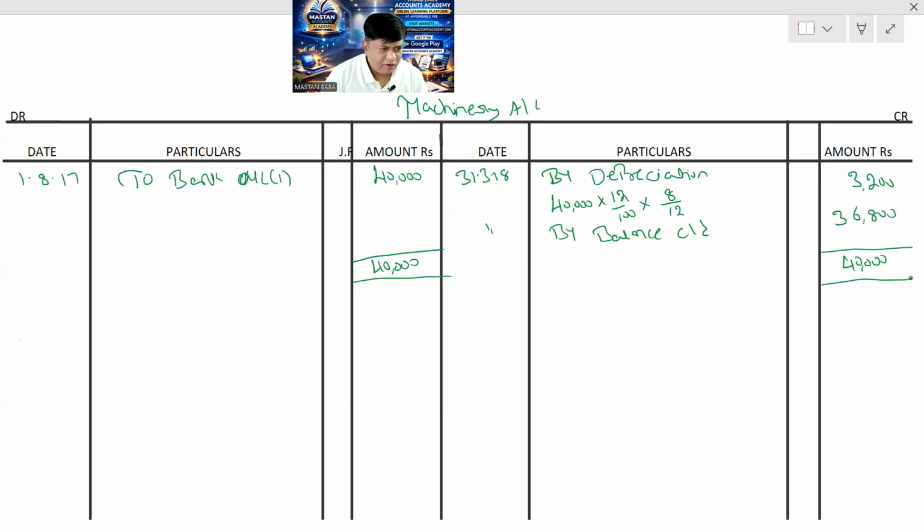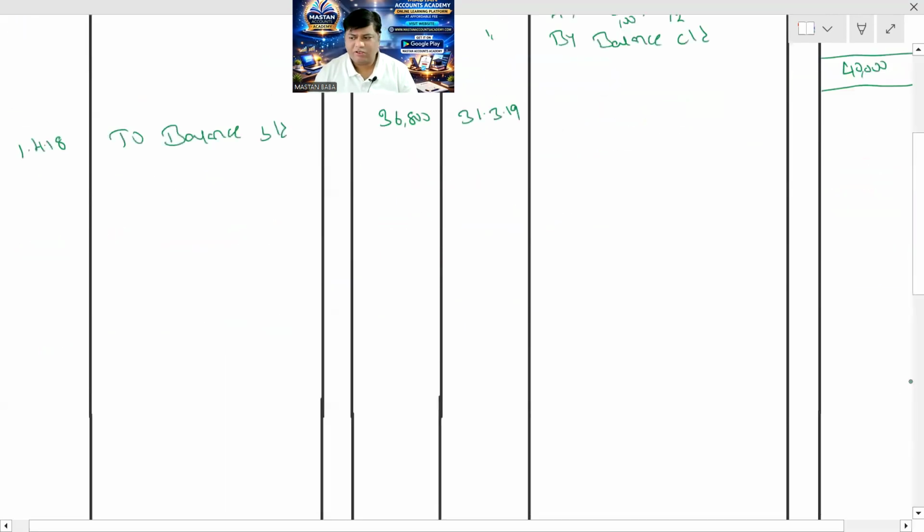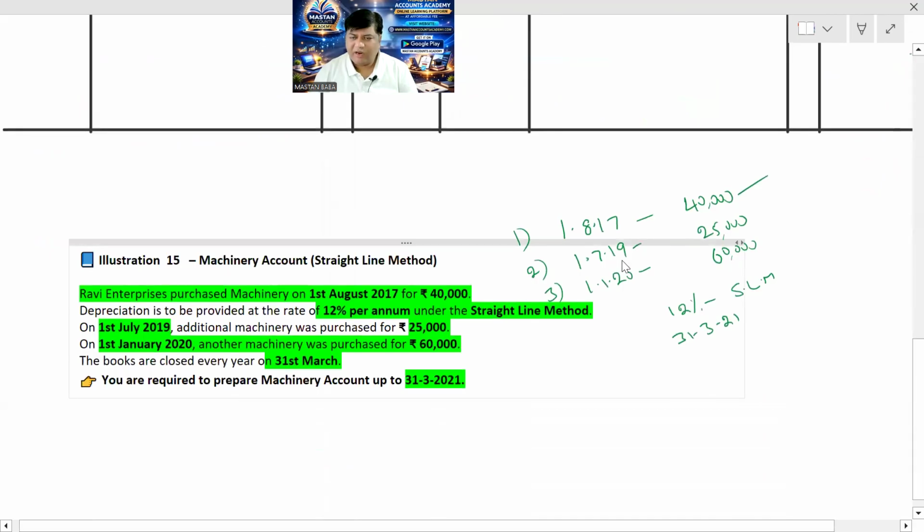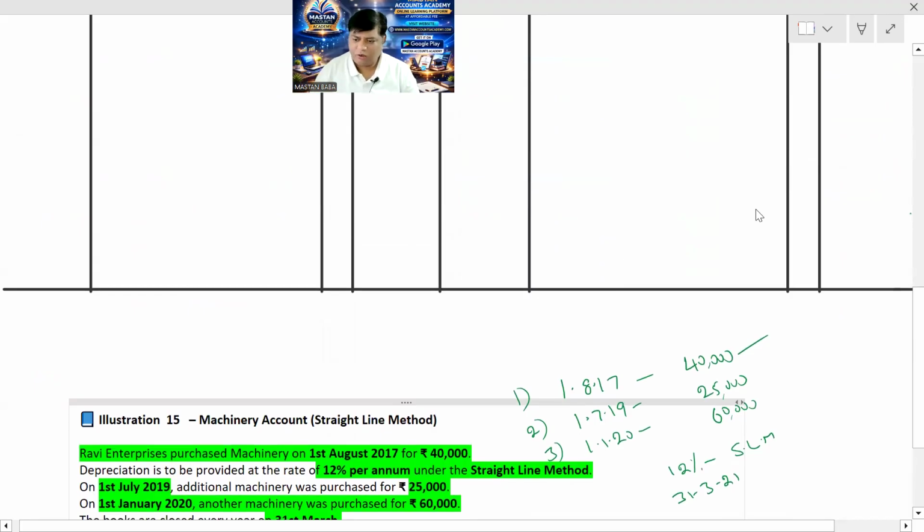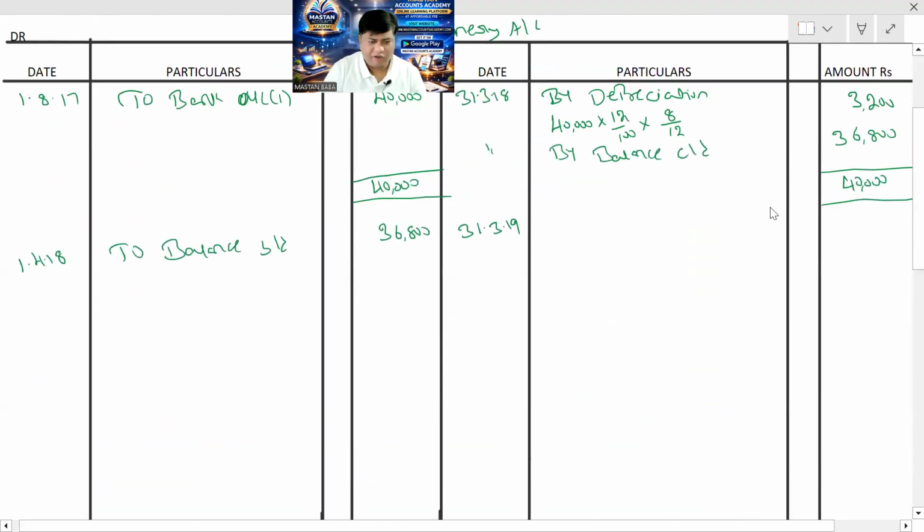Next year begins on 1/4/18. To balance brought down 36,800. 1/4/18 beginning means, dear students, the financial year ends on 31/3/19. Just recheck it. Between 1/4/18 and 31/3/19, is there any additional machinery we bought? Check it. We bought one on 1/7/19. 1/7/19 doesn't fall within this period. Okay, 1/7/19 falls in the next year. So just balance it after calculating depreciation. In this period we have not bought any asset, so by